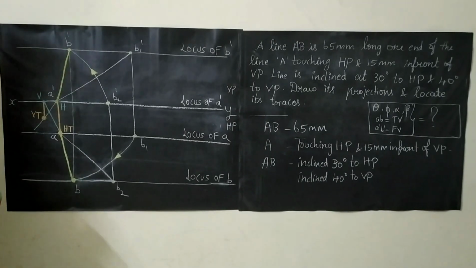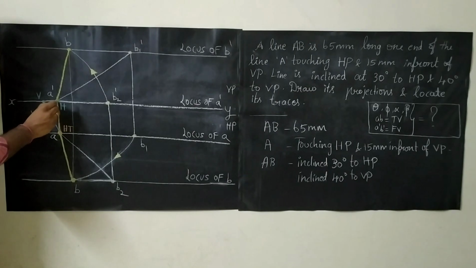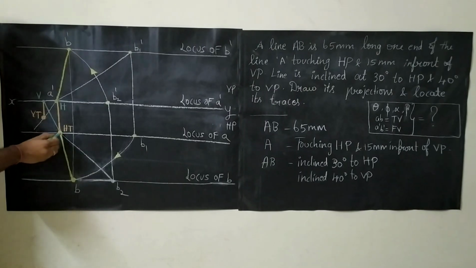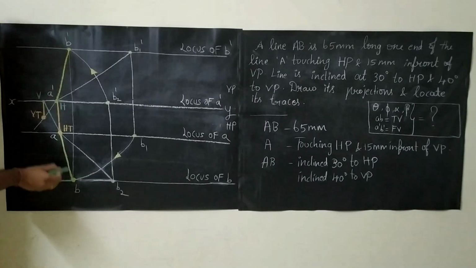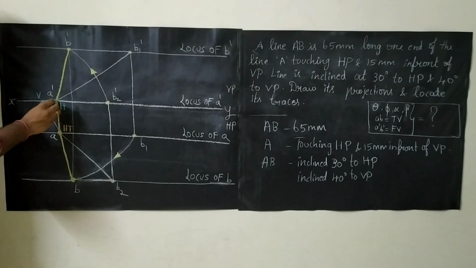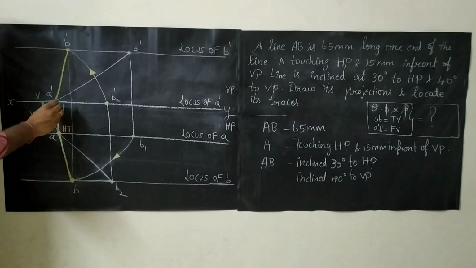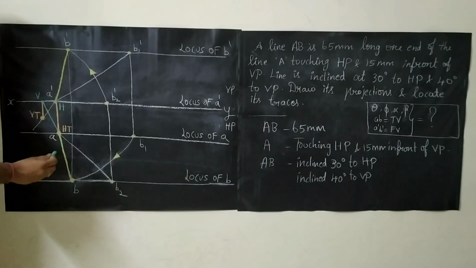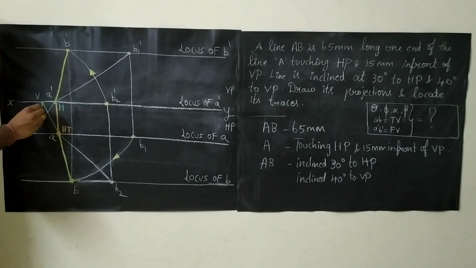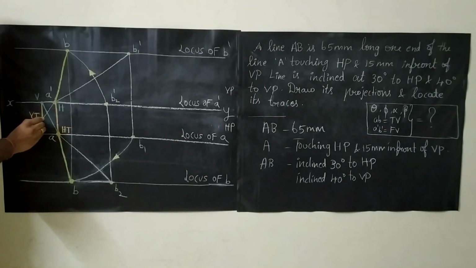Once again I repeat: the first step is extending the front view A dash B dash till your reference axis. Since the reference axis is lying on the same line, you mark this point as H, and you extend the top view AB till the reference axis and name that point as V. Next, from H draw a vertical line till it meets AB. This vertical line will be meeting AB at one point, and mark that point as horizontal trace. Then draw a vertical line, and this vertical line will be meeting A dash B dash at one point, and that point is called the vertical trace.